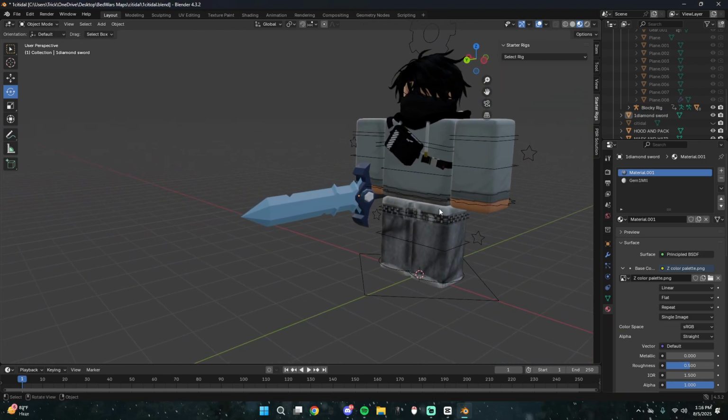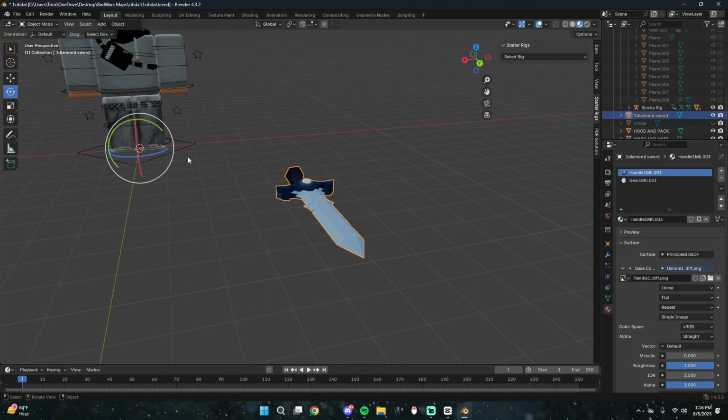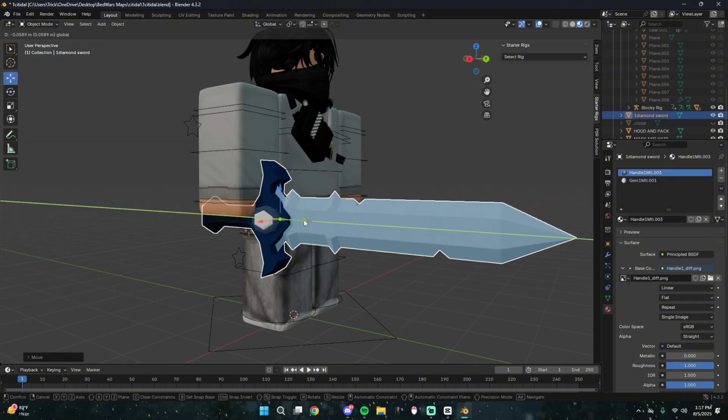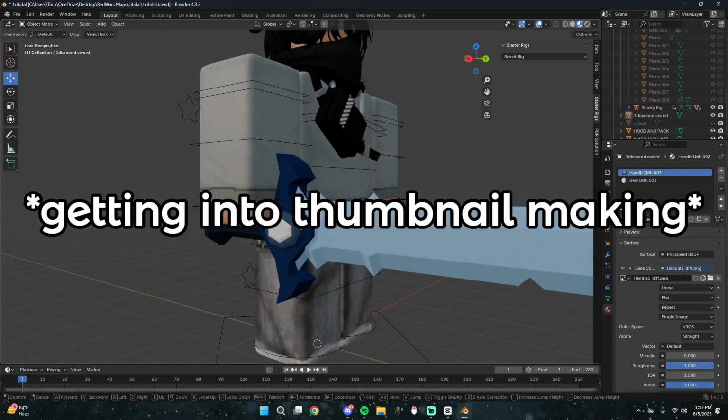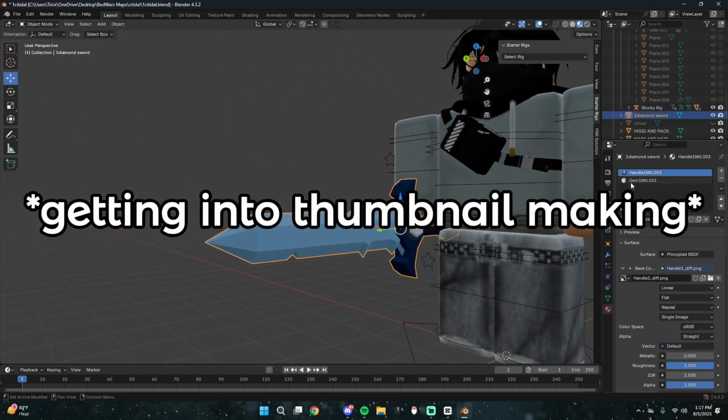Why is it reflective? Hold up. Oh, I just re-imported it and it's not reflective anymore. That's good. If any of you guys are interested in getting into thumbnails and using Blender, there is a studio